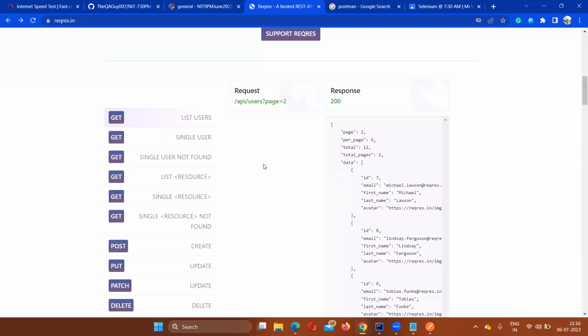Exactly. No, don't ever say after executing in Postman. You should not say like that.